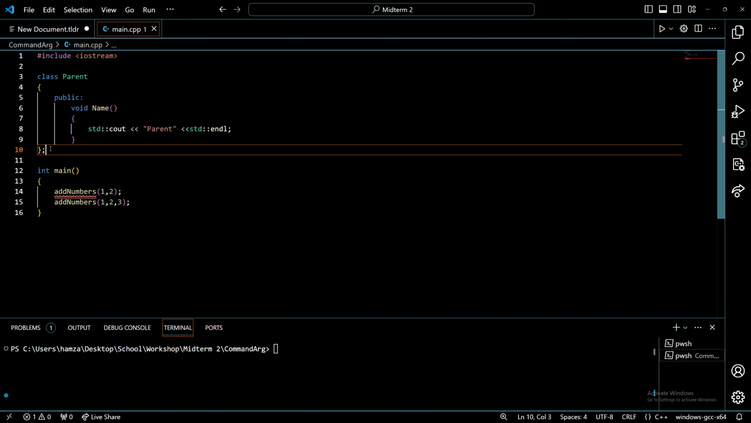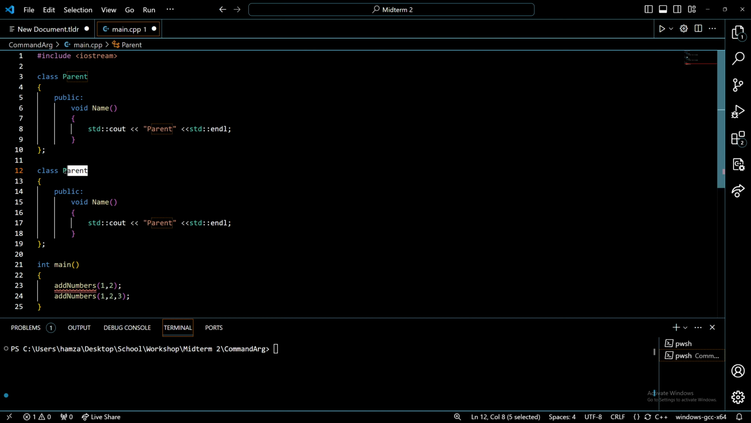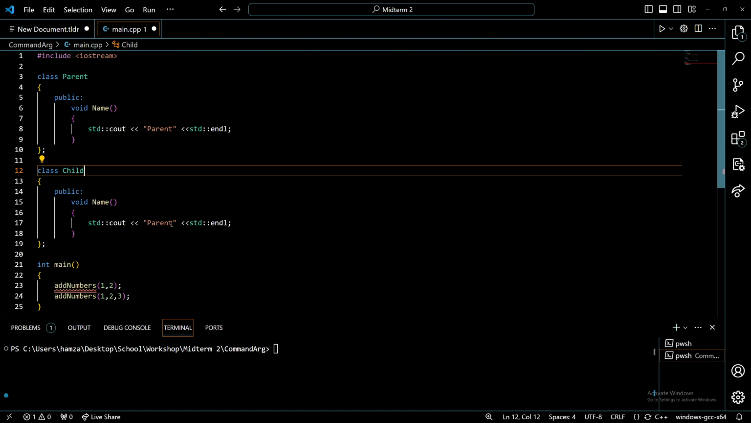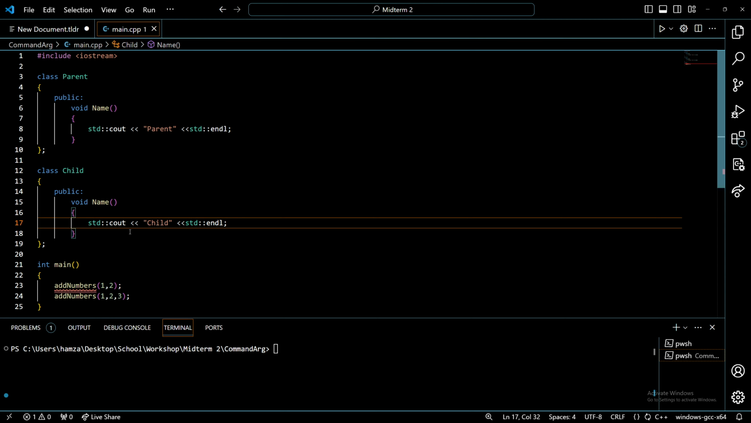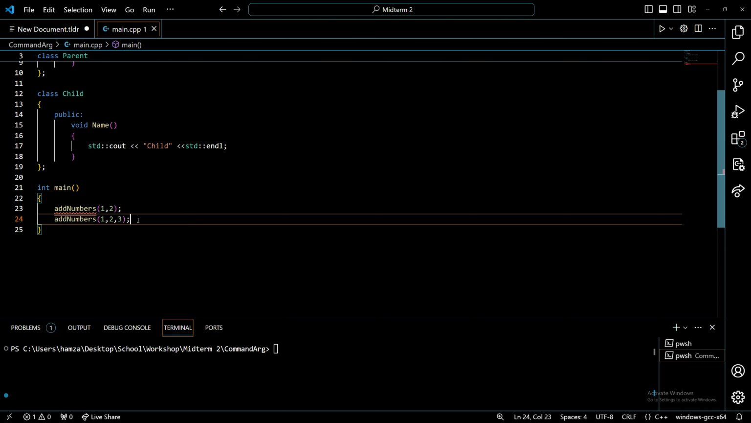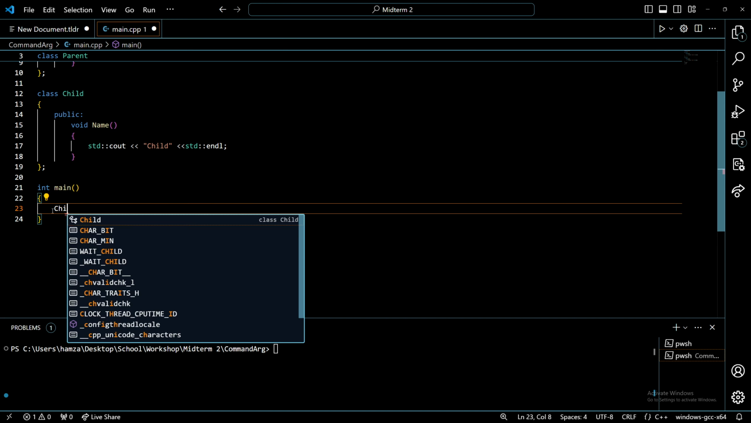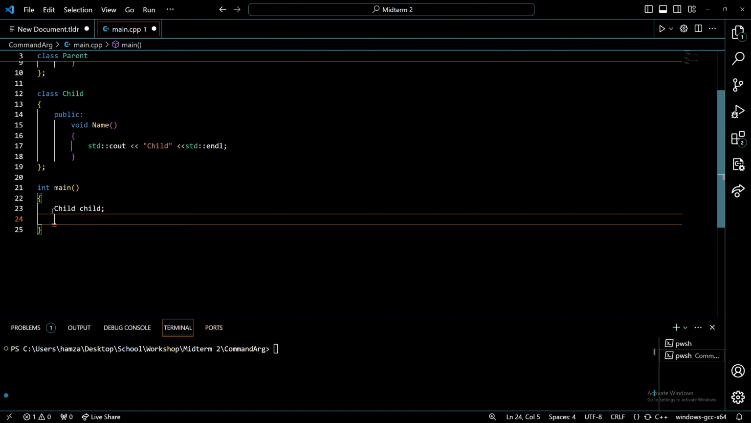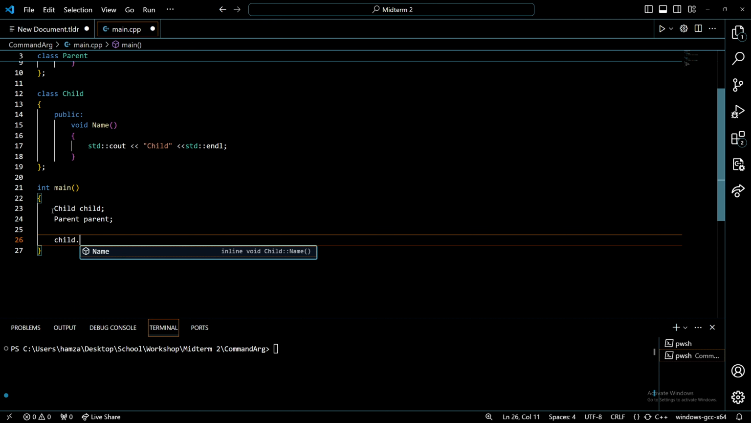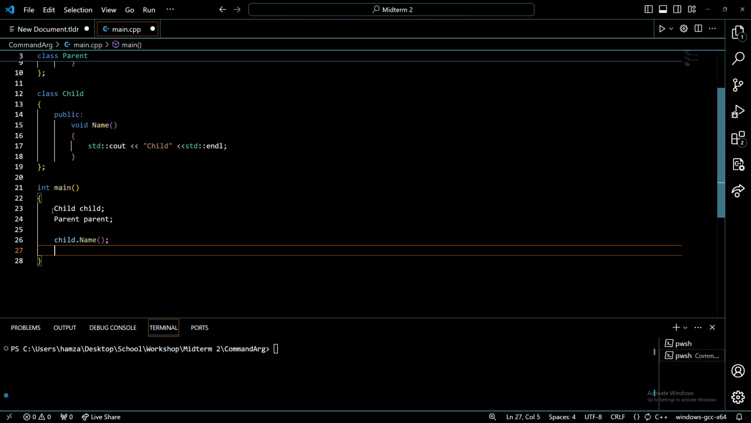I'm going to copy this class and give it another one. I'm going to name this one child. There you go. Now I'm going to create a child instance, and I'm going to create a parent instance. Right? Now when I do child.name, right, and when I do